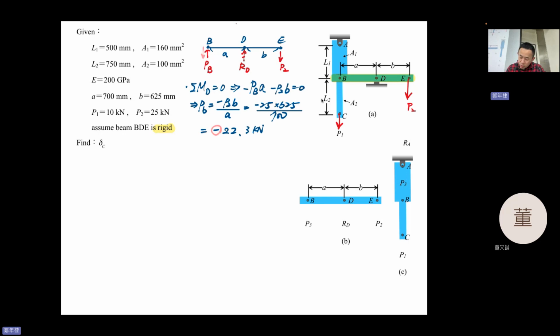In a real plot, this one should be downward, upward, downward. Okay, it's real. This is like a calculation procedure. Okay, and then how about, so now we know that this point,